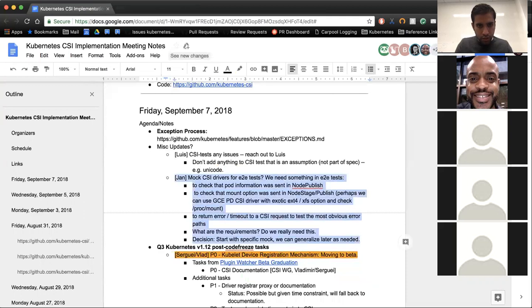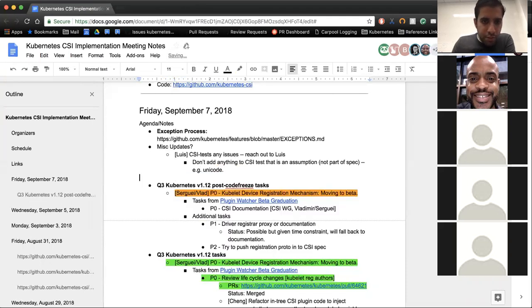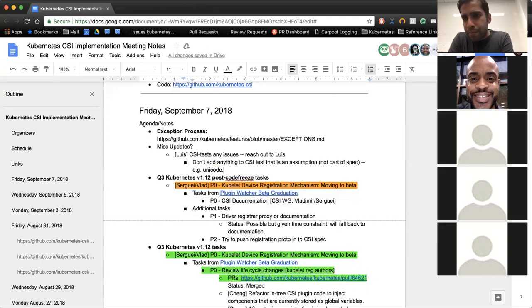Make sense? Yep. In fact, this reminds me, somebody reached out to me about their driver only accepting, I believe, volume handles that are alphanumeric, and the CSI test generates a handle that includes other characters, and that causes their code to choke.